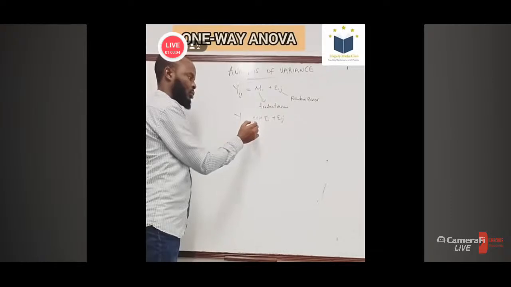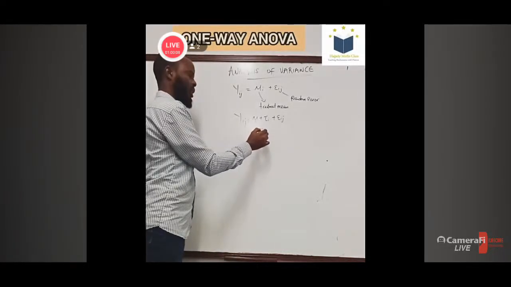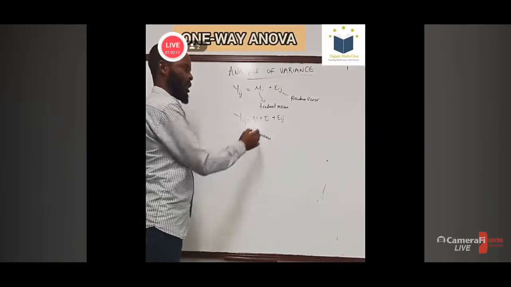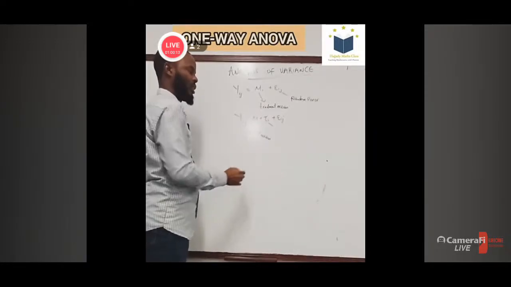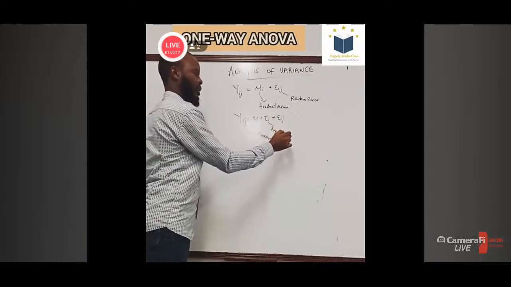So our mu is known as the overall mean, and our tau i is known as the treatment effect,